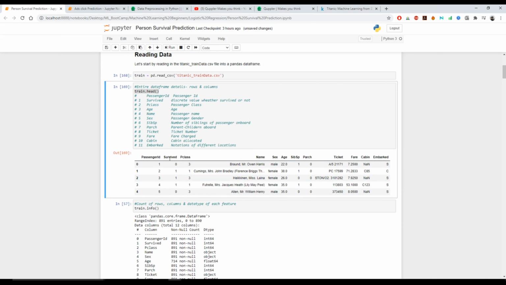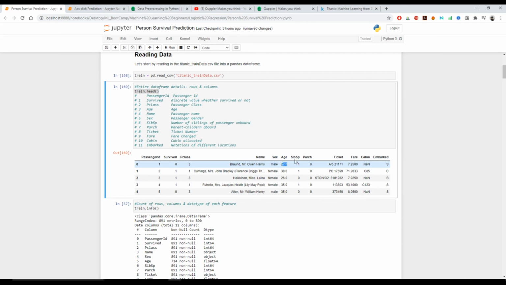Based on the data, you can know whether that person actually survived. Third is P class. P class says the passenger class, like from this ticket, which class he was boarding. The next is name, the name of the passenger. Next is sex, male or female.